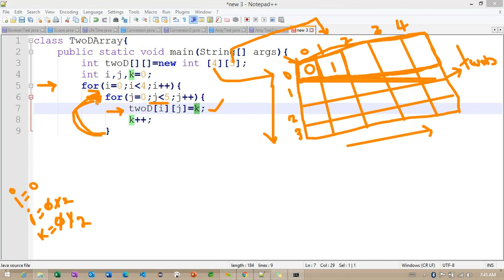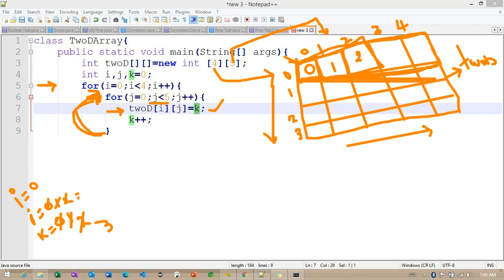So the I value is still 0, which means we are still in the same row, and now J will become 2. So we are pointing to this particular block, and K value will become 2. The same 2 I'm initializing here. After this, the K value is increasing to 3.